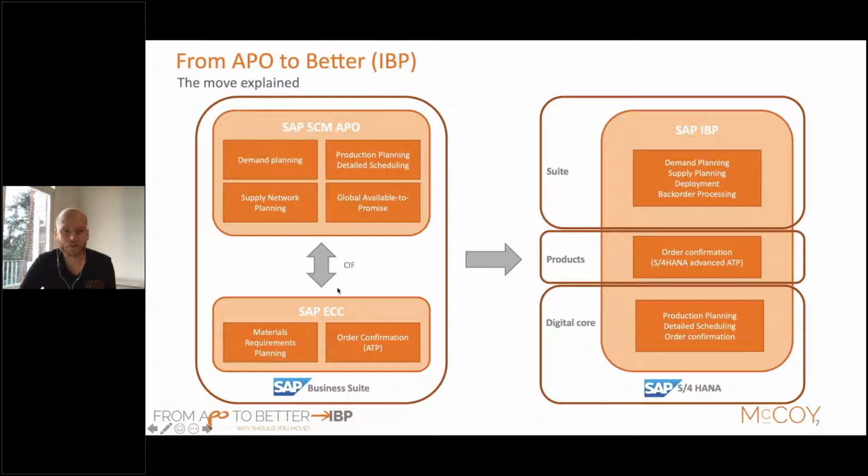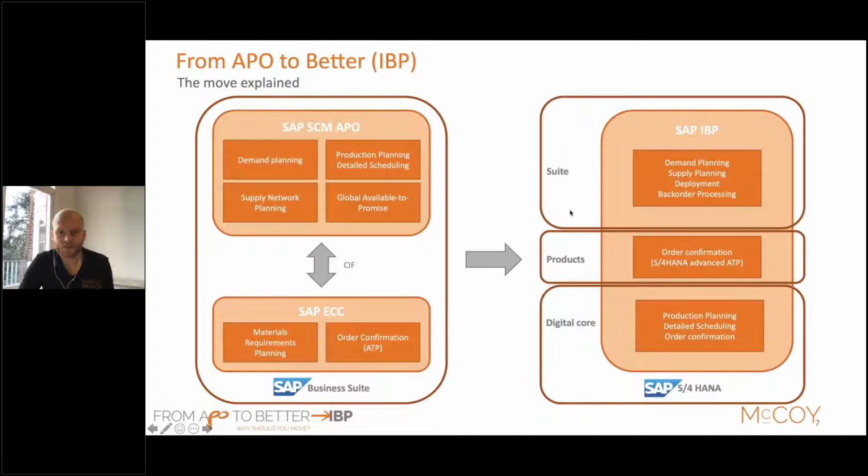APO was connected to your ECC or S/4HANA landscape via the SIF. This is the core interface. Via the SIF, the data was immediately integrated in real time to your APO platform. There was a real-time connection, and also operation and execution, for example in the available to promise, were mixed between the two systems. While moving to the future landscape and moving to the S/4HANA landscape, there has become a difference.